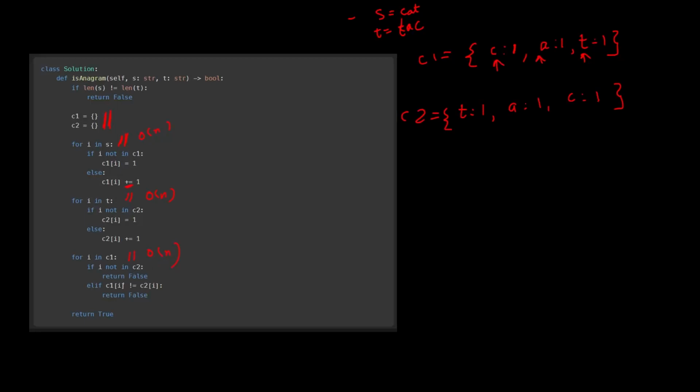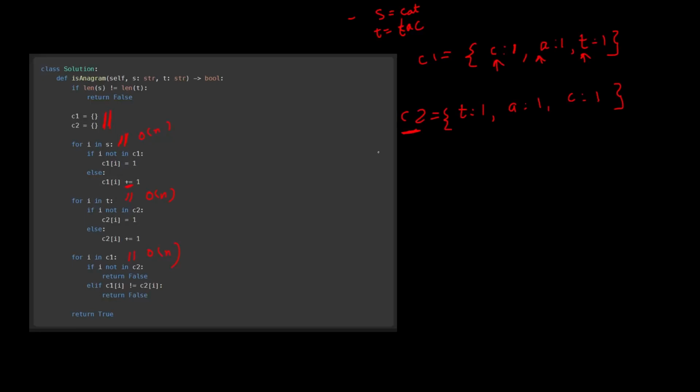So first of all, we will check if I is not in C2. That means T will never be an anagram of S, because no matter how we arrange it, if it's missing the letters which were in S, then no matter how we arrange T, it will never form S. So we will directly return false. Else, if they exist, if a letter in S exists in T, but the count is not the same, then also T will never be an anagram of S,